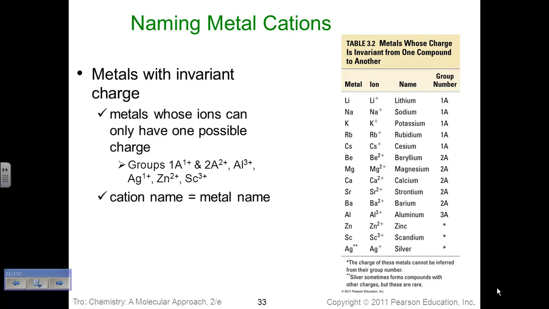All of the elements found in group 1A, you see, are +1s. All of the elements found in group 2A are +2s. Aluminum, a +3. Zinc, and I want you to add cadmium underneath zinc, are +2s. And silver, a +1. If we know the charge by where it lives, we do not need a Roman numeral